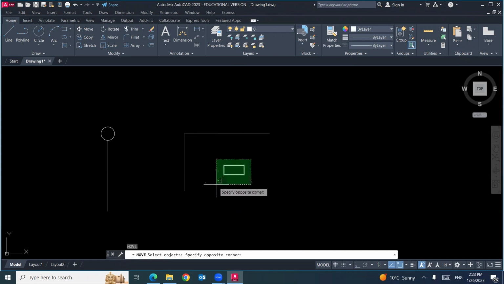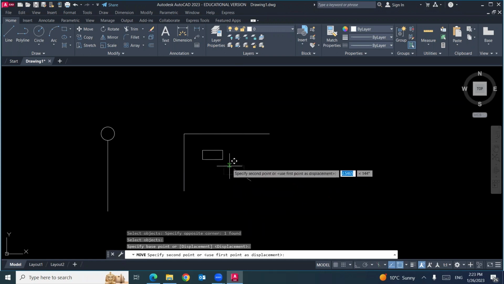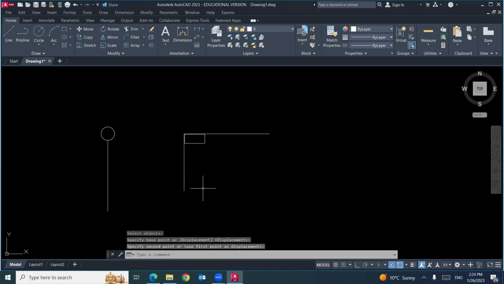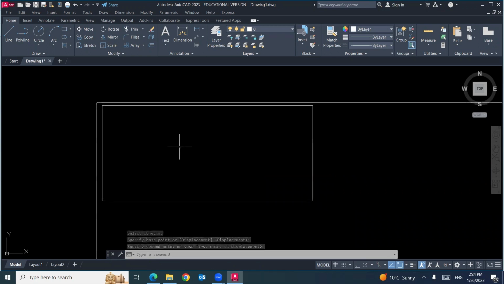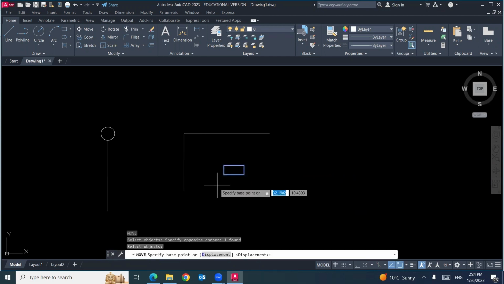If you select this rectangle at any point, the rectangle can be moved. How can I make this rectangle sit at this corner exactly like this? Looks like yes, but if you go closer, no. So what should I do? Enter, select your rectangle, enter. You need to pick up this rectangle at this specific point, this corner.